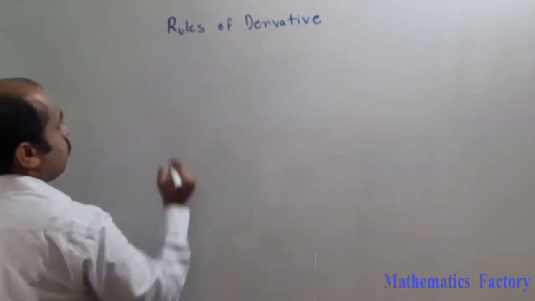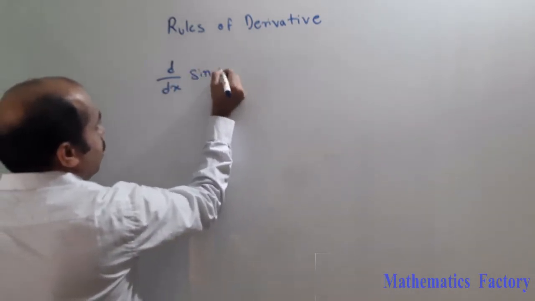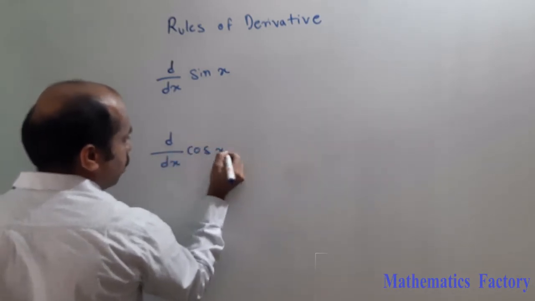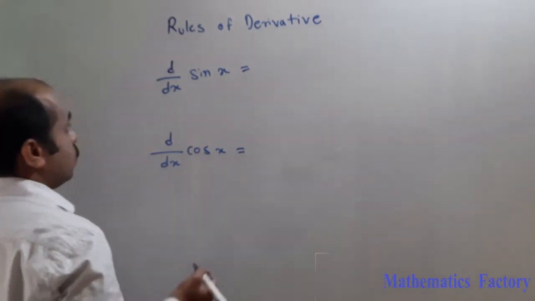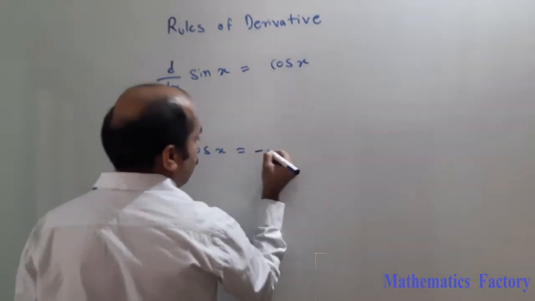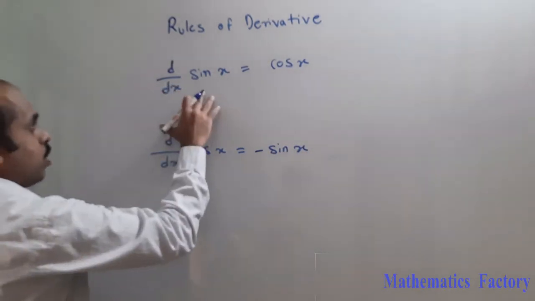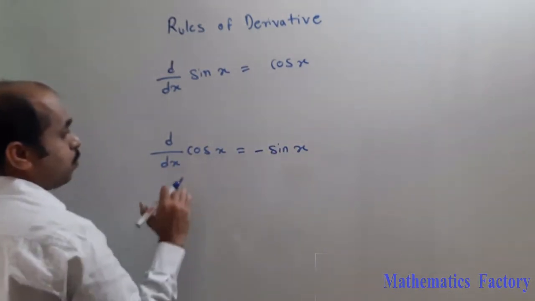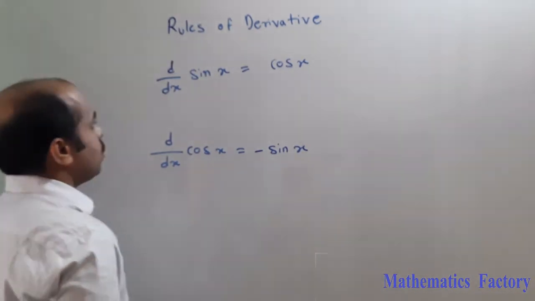Okay. Now moving to finding the derivative of trigonometric functions. So derivative of sin x and derivative of cos x. I write one below the other so that you can properly understand what is the difference between these two. So derivative of sin x is cos x and derivative of cos x is minus sin x. Okay. So whenever sin comes, you have to write cos, and whenever cos comes, you have to write sin. The only difference is you have to put a minus symbol whenever cos comes. Okay. Now moving to the next part.